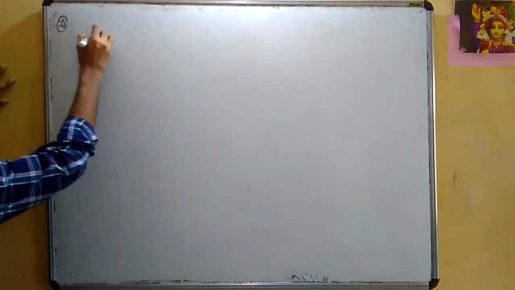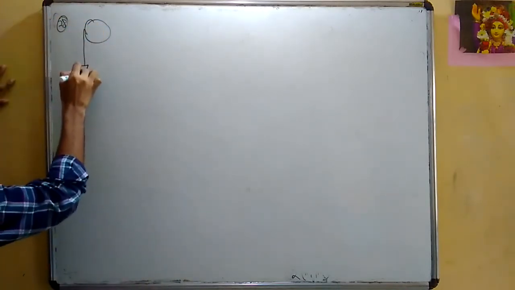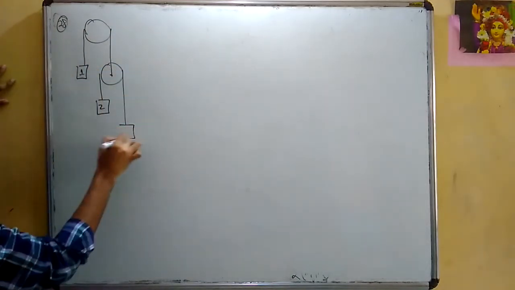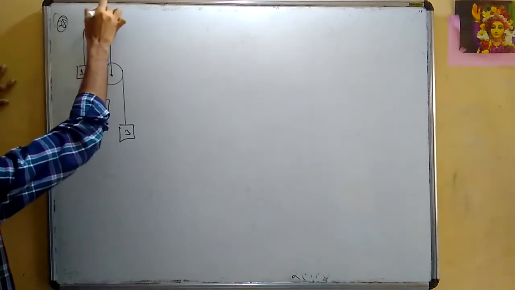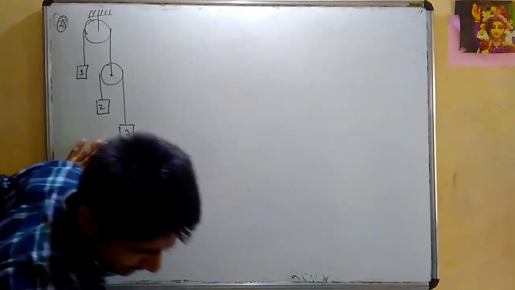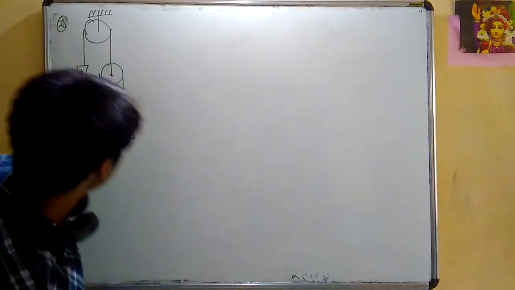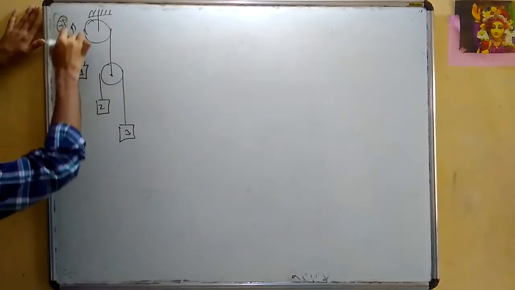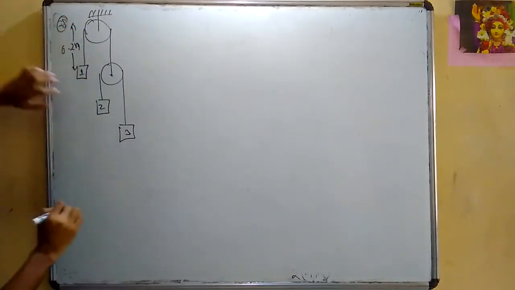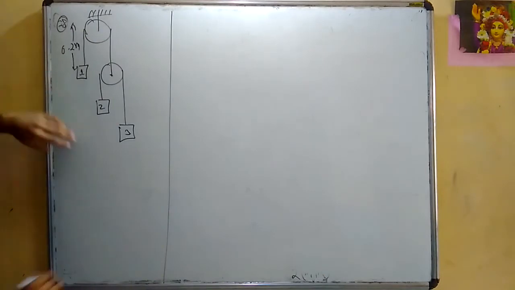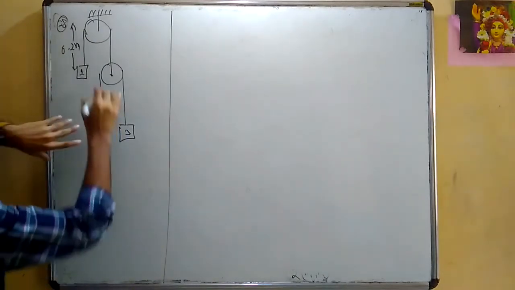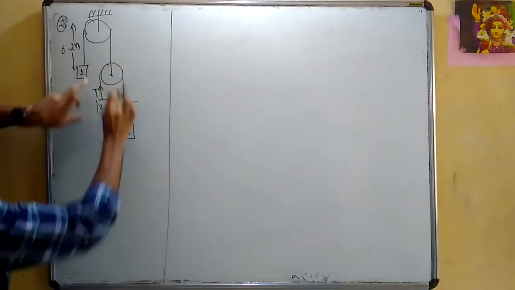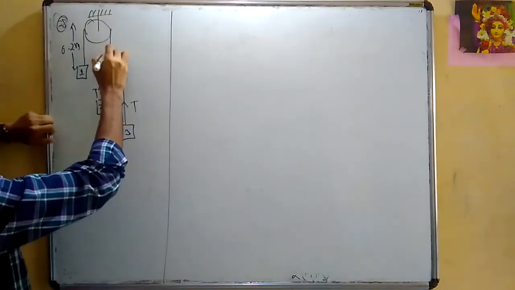Question number 28. Look at this question carefully, it's a good problem. This is 1 kg, here is another pulley, this is 2 kg and here is another pulley, 3 kg, and it is hung like this. You have to find the acceleration and how much time it will take to strike this particular pulley. This distance is given as 20 centimeter, that means 0.2 meter. Okay. See carefully, how do I start? Let us say this tension is T, so this tension will also be T because it is the same string. This tension is T and this tension is T, so this will be 2T.